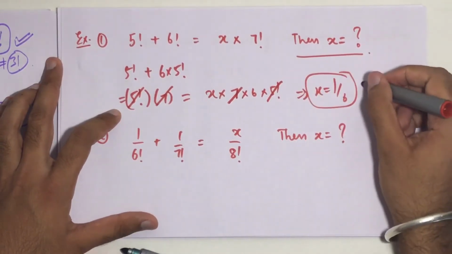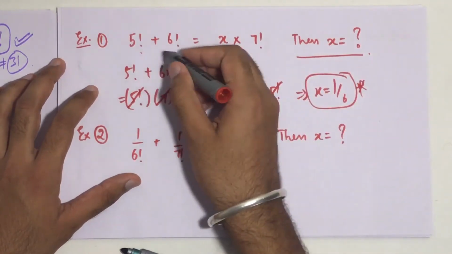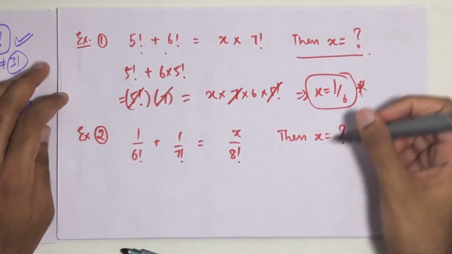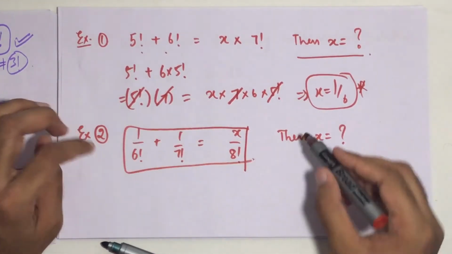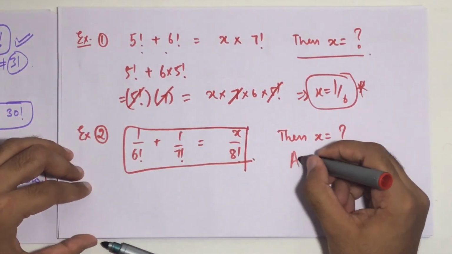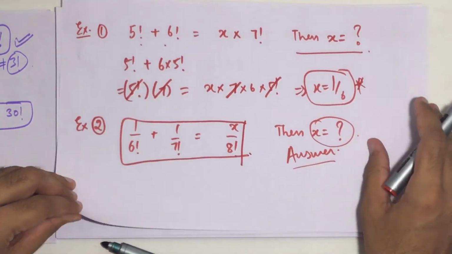In the meeting we discussed these type of questions, although the data here was something different, but the type of the questions are same. In the same way, try to solve this question, and in the comment section down below comment your answer. What will be the answer of this question? What will be the value of x?